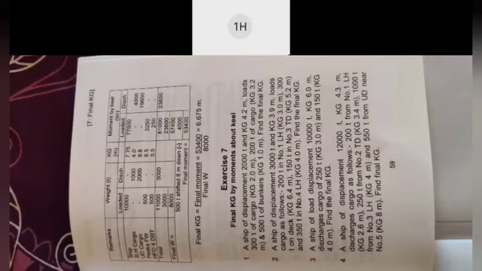Now see, only one formula is there. Just see the final formula. My final KG is final moment upon final weight. From this only I have to find the entire value. Now how am I going to find the final moment and final W? I have to make it with a simple table. Now if you see the table, the first one is something called remark. Remark means I have written all this, where is my weight, this and that. This column is not that important. The main important columns are these ones.